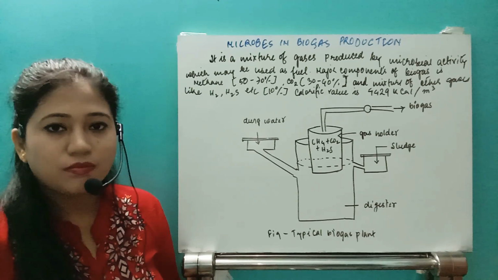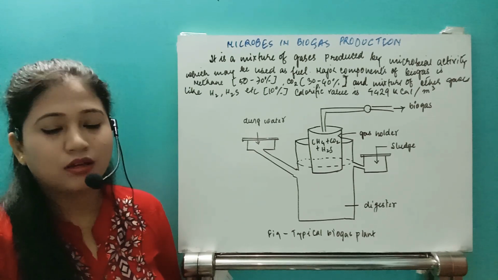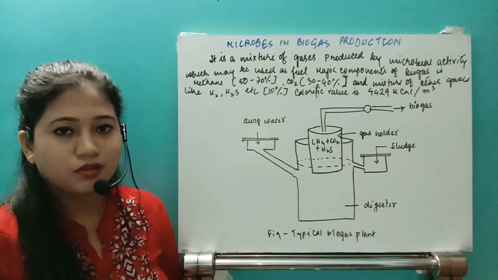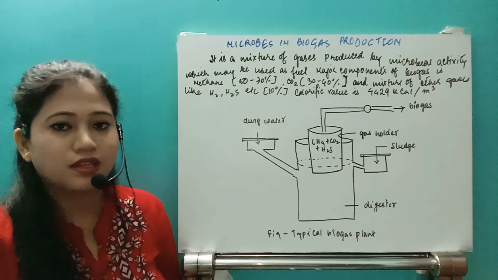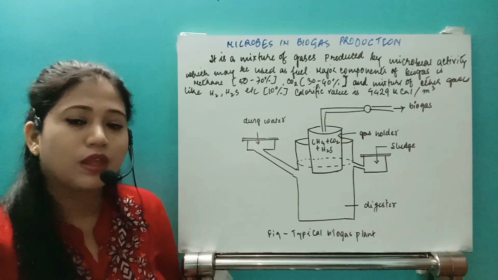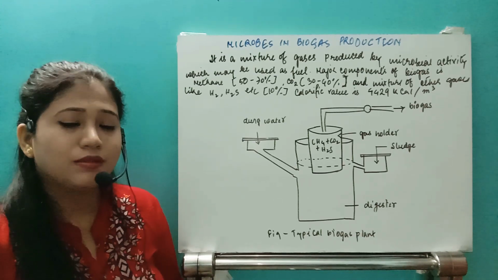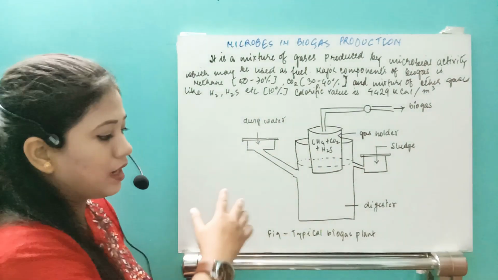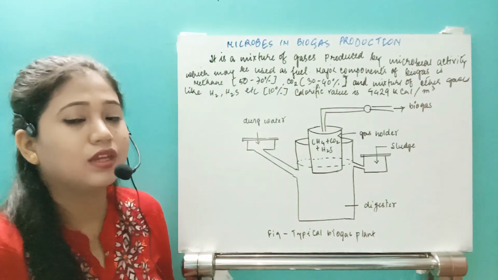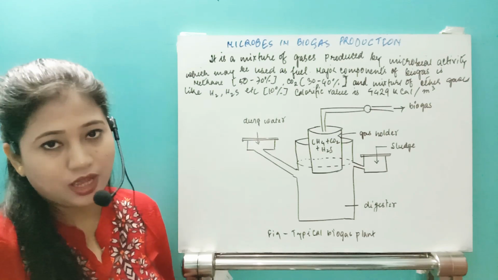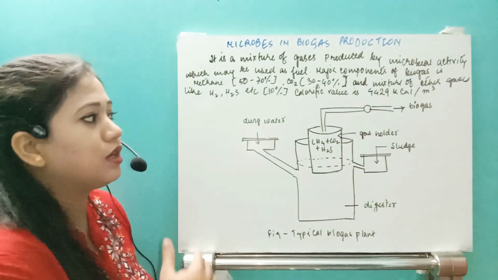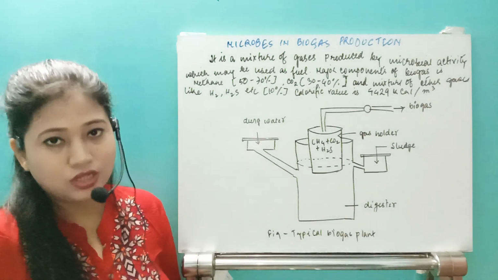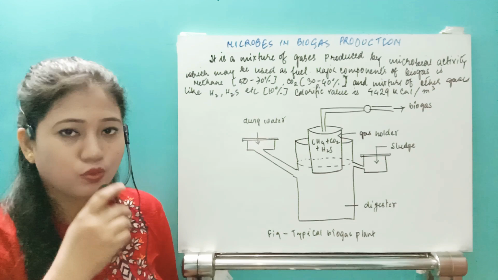Earlier, the conventional method was that villagers dry the cow dung and then burn it, and it helps in cooking. But there is another way, scientifically, which is possible with a typical biogas plant. We can collect the biogas, and a pipe can go to the kitchen and give us the energy. That means it helps us in cooking.